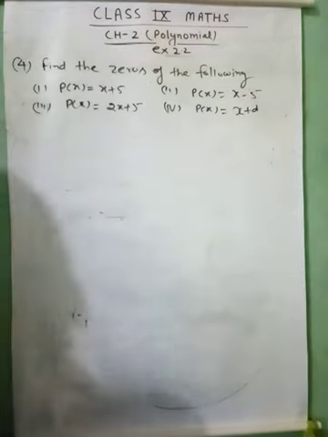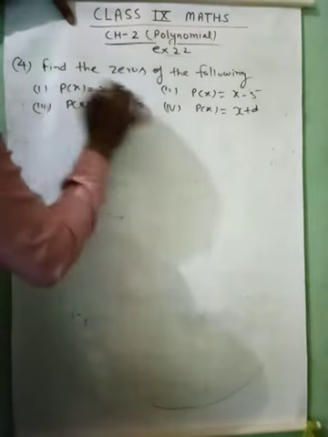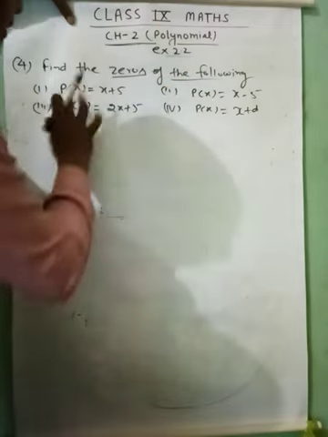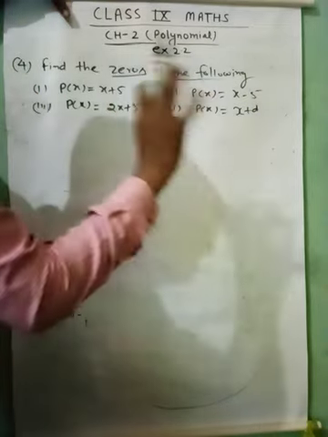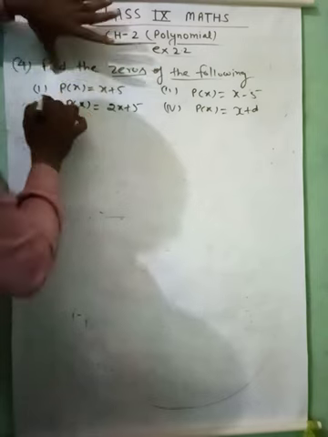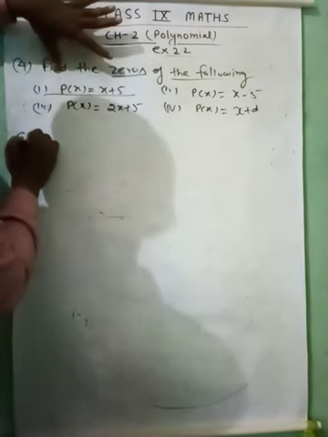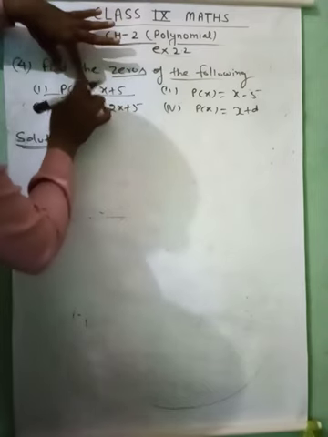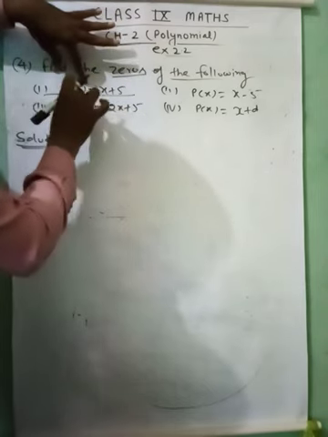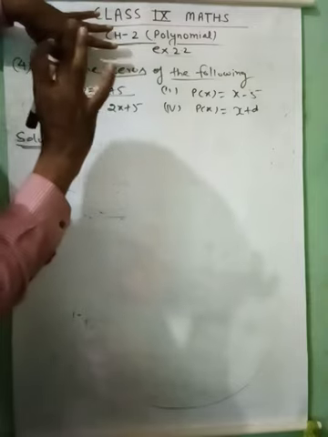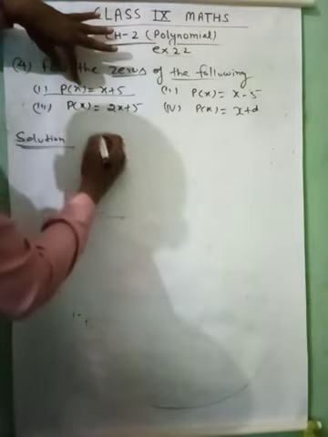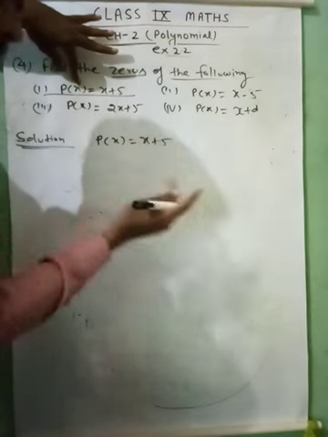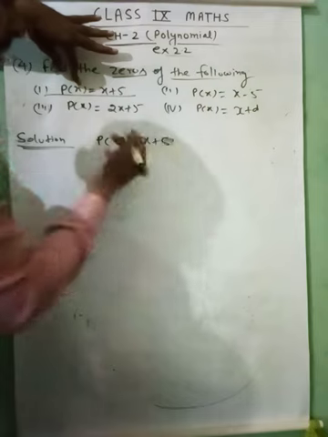ठीक, तो बच्चों थोड़ा सा ध्यान देना प्लीज, इस वाले इक्वेशन में यू हैव टू फाइंड द जीरोस ऑफ द फॉलोइंग। इसमें जीरोस निकालना है, कोई वैल्यू दी नहीं है तो जीरोस कैसे निकालेंगे। पहला इक्वेशन हम लेते हैं, ठीक है ना। इसका सिंपल सा तरीका है, इस पूरे को यहाँ जहां पे p(x) है उसके जगह पे जीरो रख दो और इसकी वैल्यू निकाल दो x की, ठीक। सो it is p(x) is equal to x plus 5. You have to find the value of x.